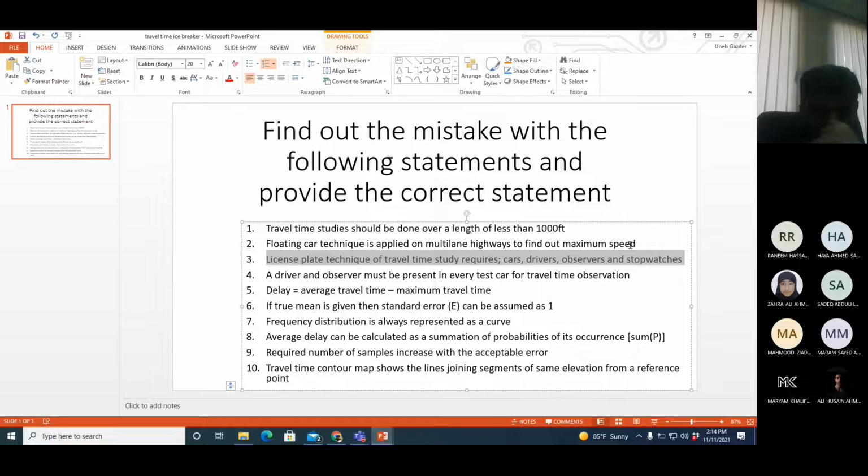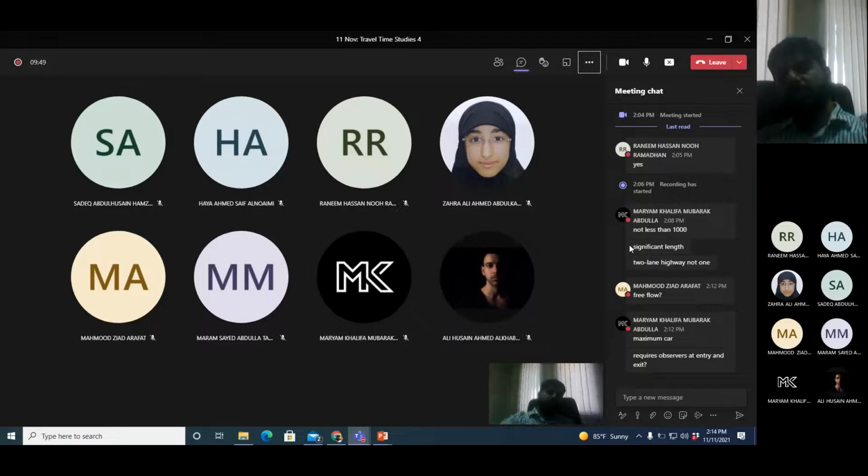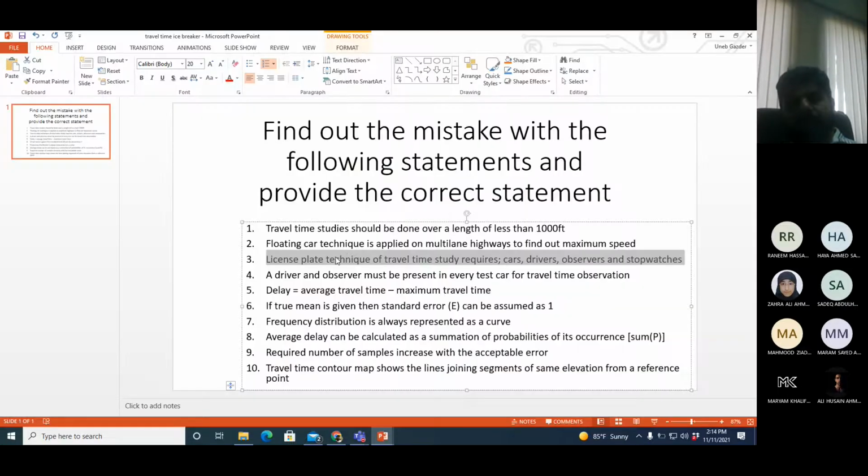Anyone wants to correct it? Yes, yes. It only requires observers at start and entry point with a pen and paper. Okay, that's it. Okay, and again, another variation in this statement can be you keep the remaining part of the